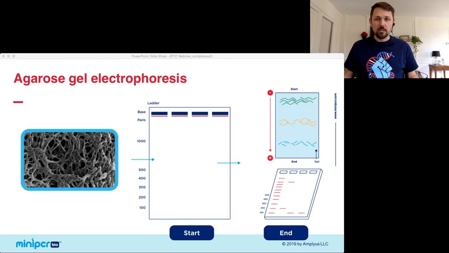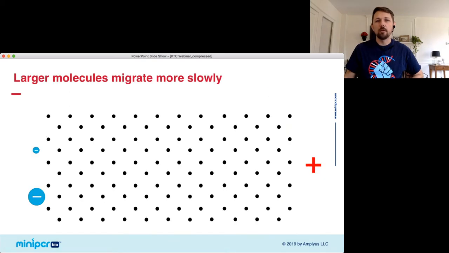So this structure is like a complex web net that the DNA has to get pulled through. So you put your DNA up in the top in these wells like I showed you, and then an electric charge pulls your DNA through this complex web. And as it does that, it's as if